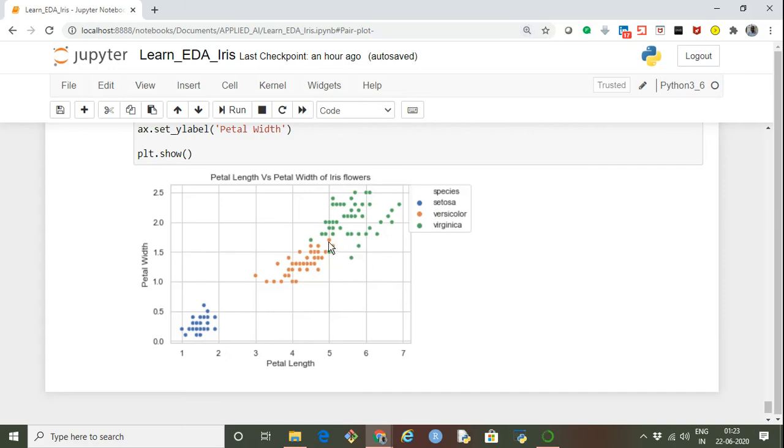So except for the slight overlap, we can clearly distinguish between the three species based on the combination of petal length and petal width. So we conclude that these two are the important features to distinguish the three species of the iris flower. So that's it for this EDA session. Thank you.